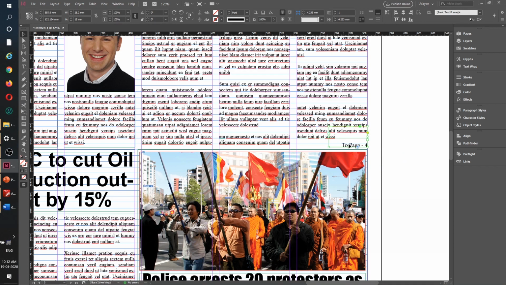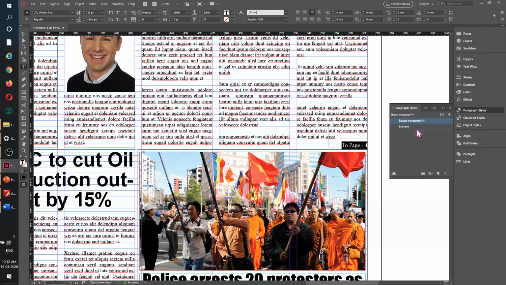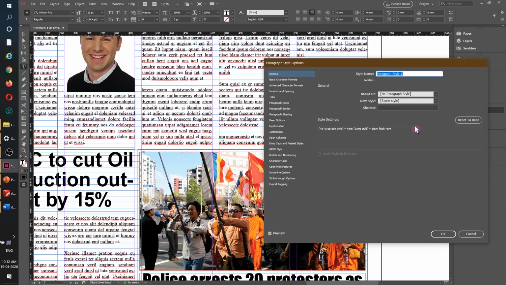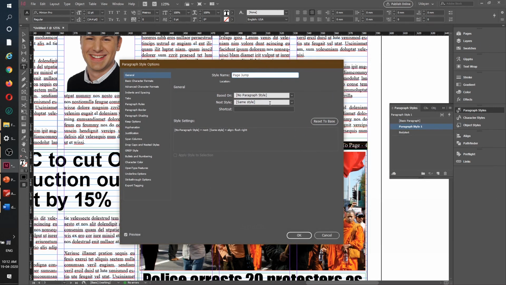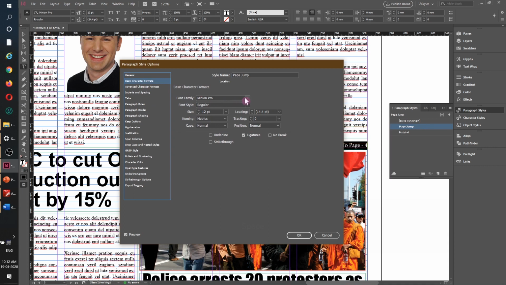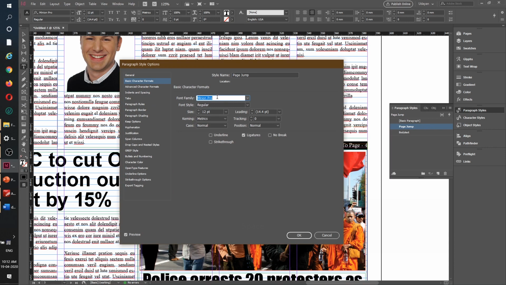It already takes. Now generally in newspaper we give a text style or a paragraph style to this also. So let's quickly make a paragraph style for this guy. Right now it does not have any paragraph style. We will make one, and we will call it jump page, or page jump. That makes more sense. And this is up to you, you can make it anything. So I will just try to make something really heavy. So maybe, okay, impact.